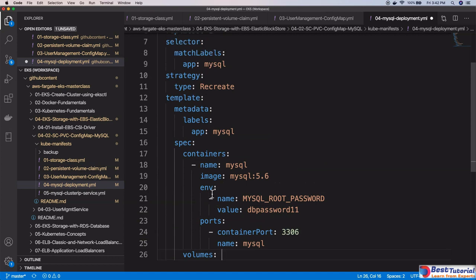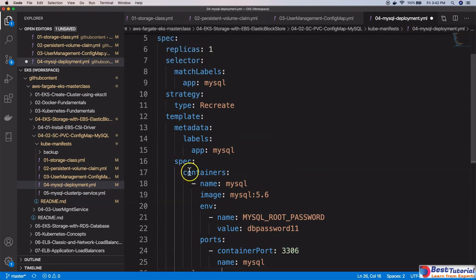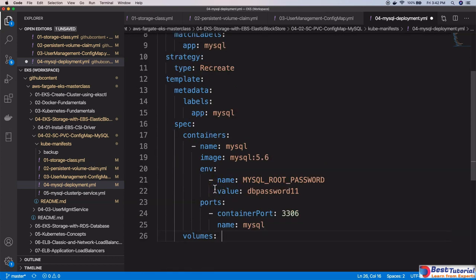This is again one more top level element, right? Under spec, one is containers, another is volumes. So we are going to define two volumes here. Now let's start with the first volume. The name of the volume is mysql-persistent-storage,